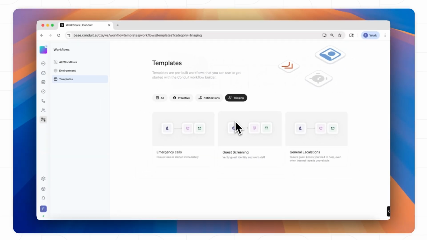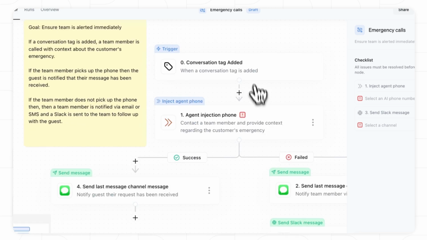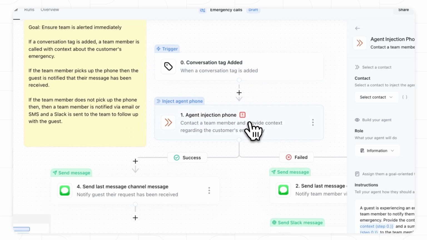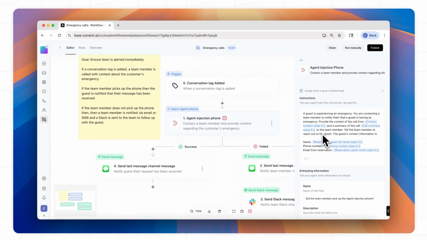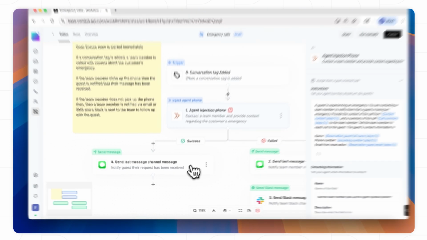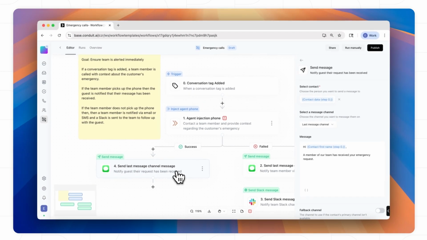Triaging workflows are multi-party conversational orchestrations. That's a mouthful, but let's take an example. Let's say a guest is having an issue with their coffee machine in their hotel room. We may have a procedure that describes basic troubleshooting tips that we can respond back to the guest with. However, if they still have issues after that troubleshooting, we may want to contact a team member and loop them